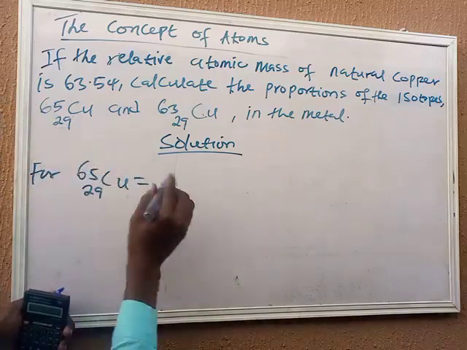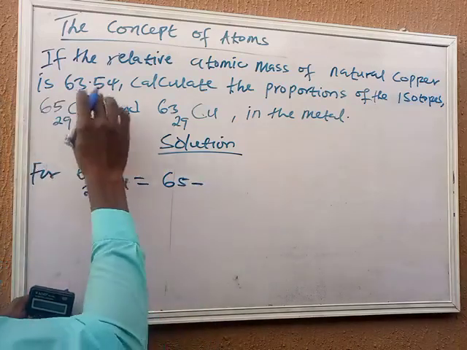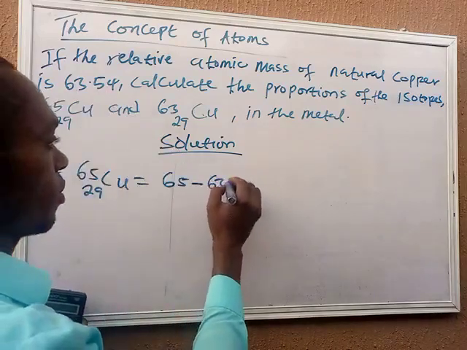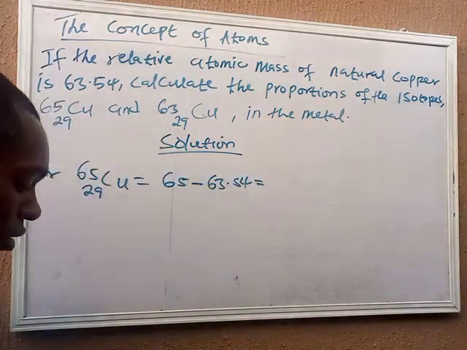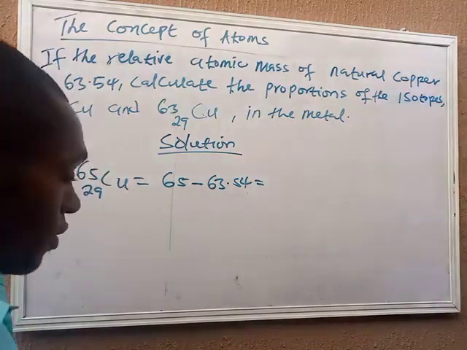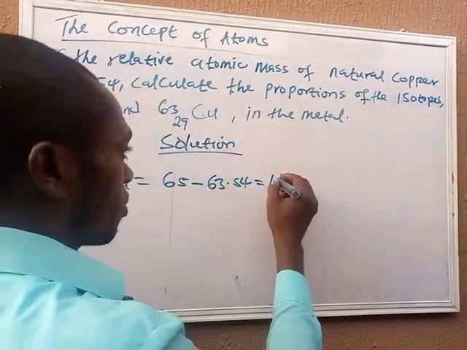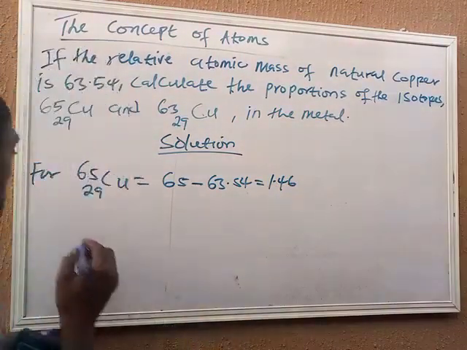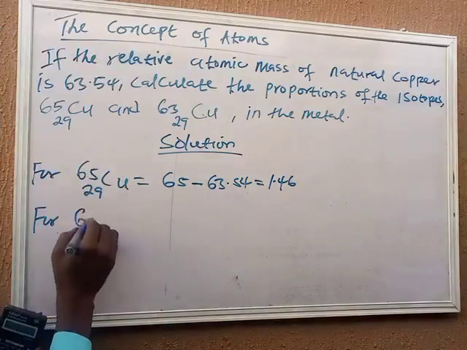Now we're going to have 65 minus 63.54. That's its abundance. So we have 65 minus 63.54. We'll have 1.46. The next one for copper 63,